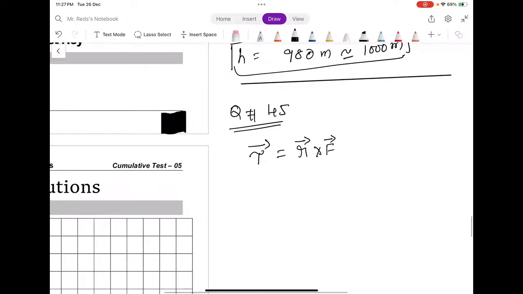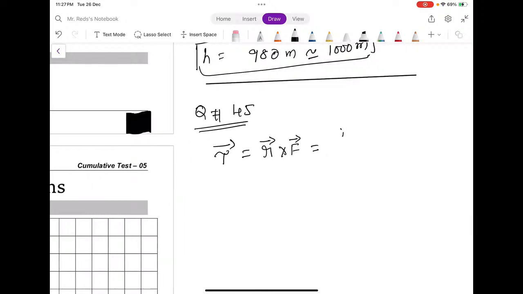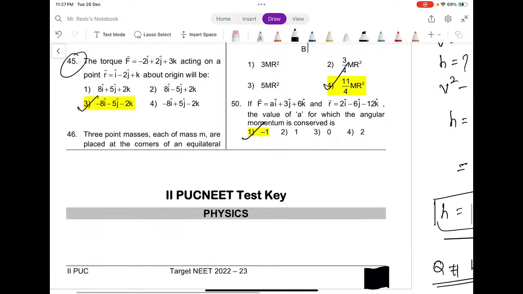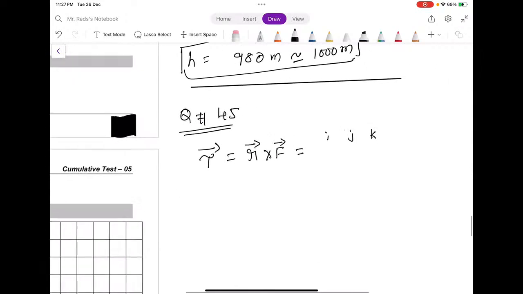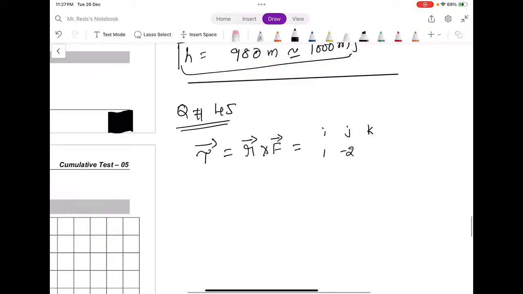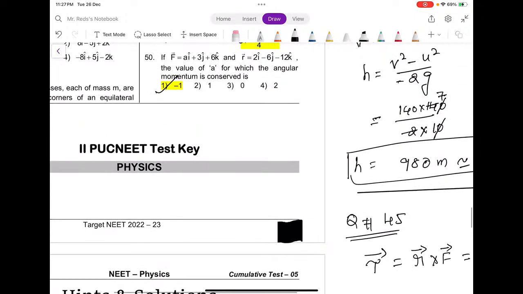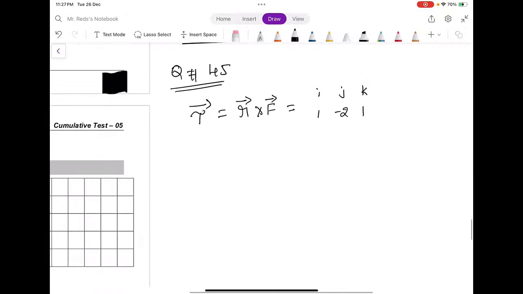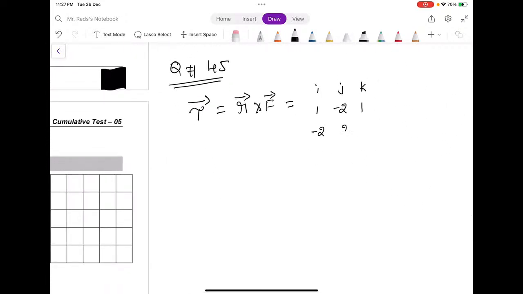So when these vectors are given in components form, you have to use a determinant method. According to this, if you take i, j, k, components of r and components of f, you have to take in order. Components of r: 1, minus 2, 1. Components of f are minus 2, 2, 3. If you do this now by determinant method,